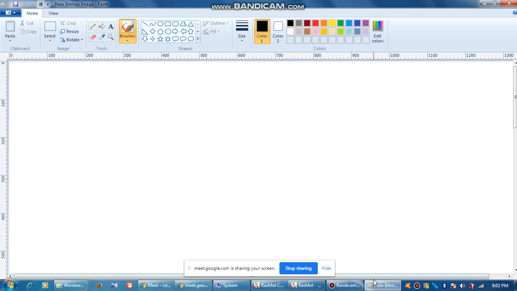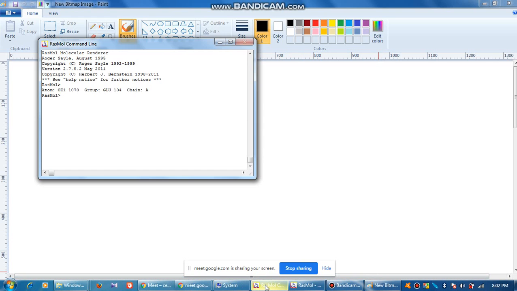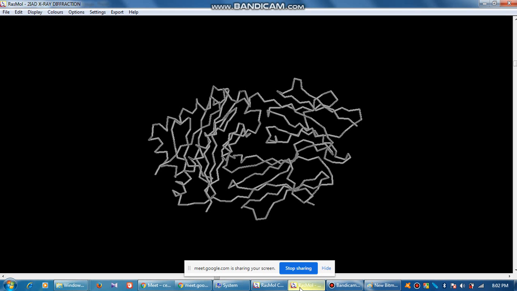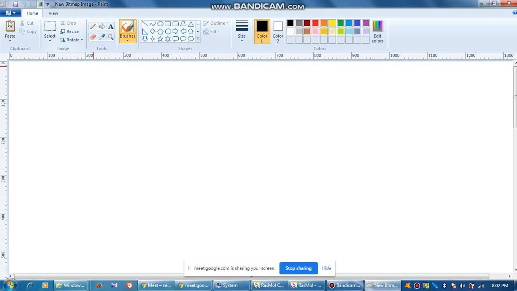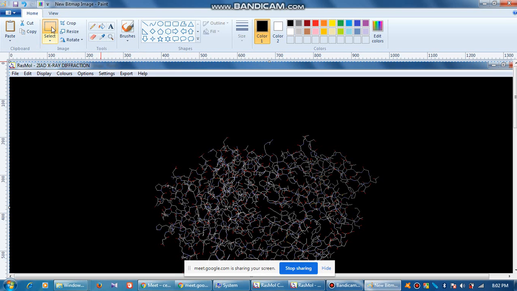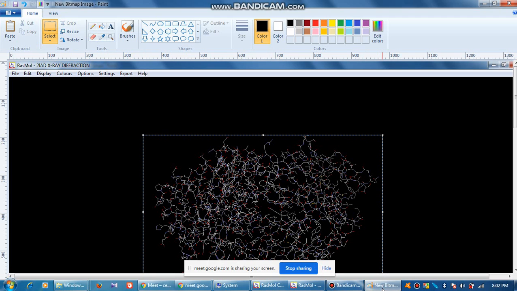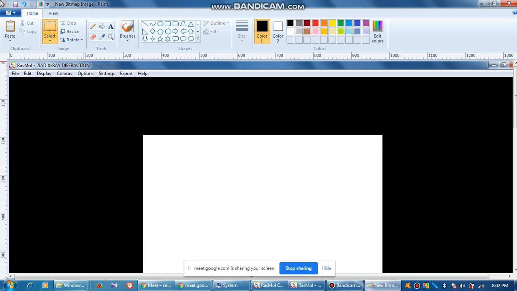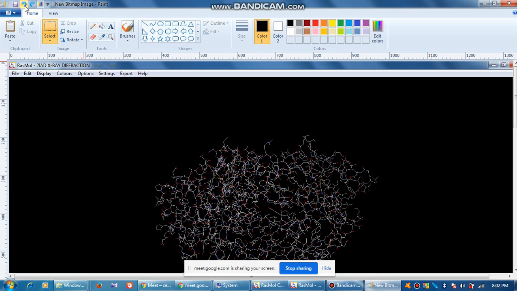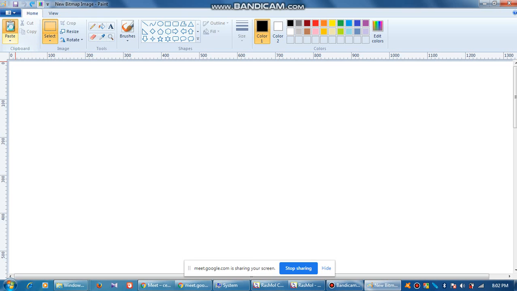So what I want you to do, you see, first of all you will have a wireframe like this. It is nothing but the primary structure of the protein. So you make it here, and then you select only this, then cut, and then back again, paste.